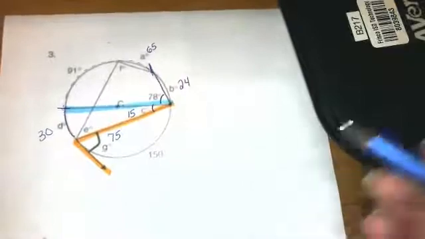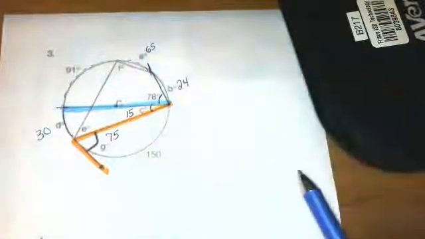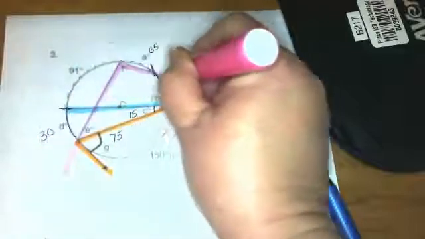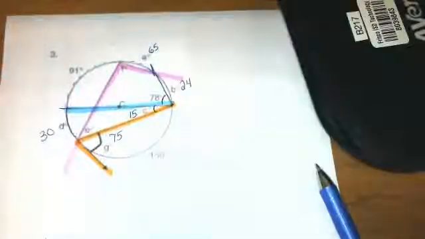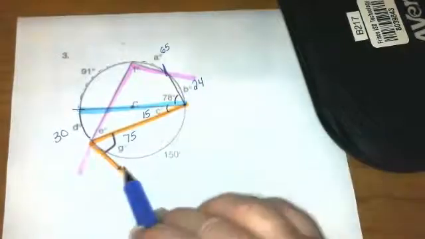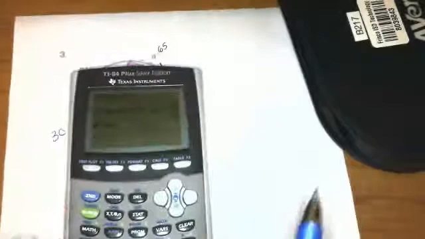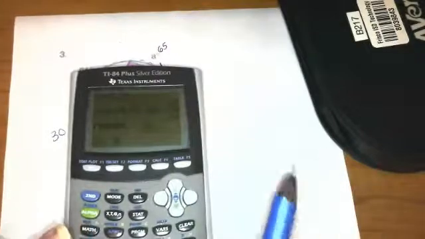All right, so we can find E and F in a couple of different ways. I'm just going to use the inscribed angles again. If you take F and go from here to here, F is going to be half of this arc. So 150 plus 24, and we'll take half of that. That's 87